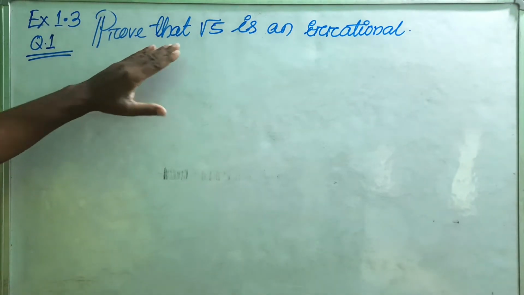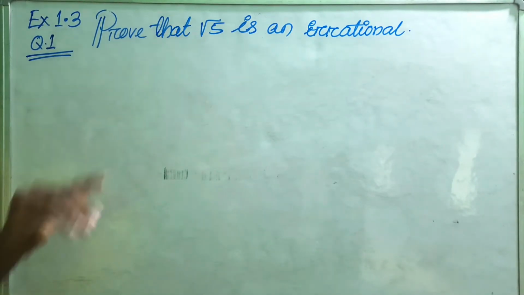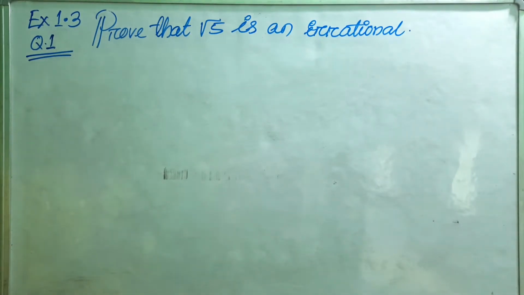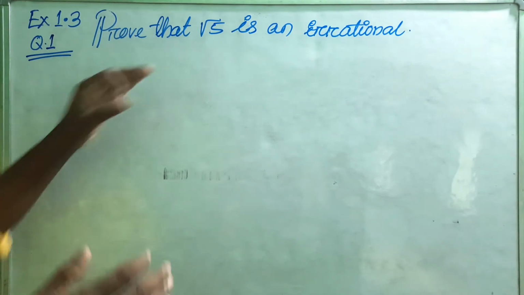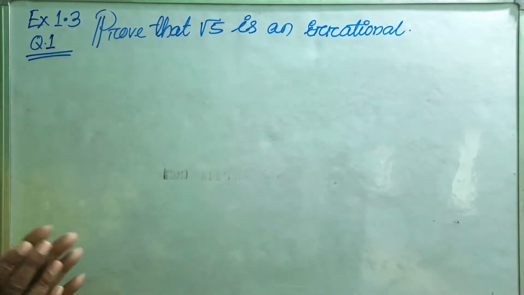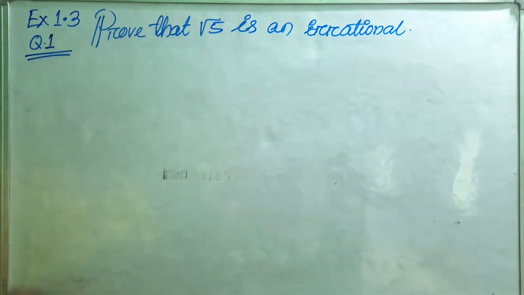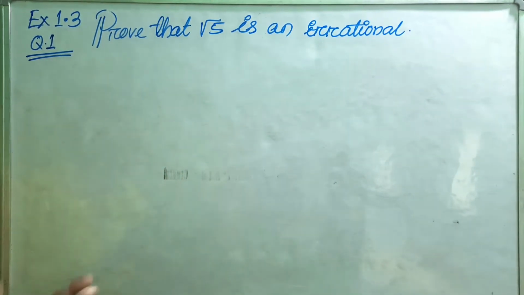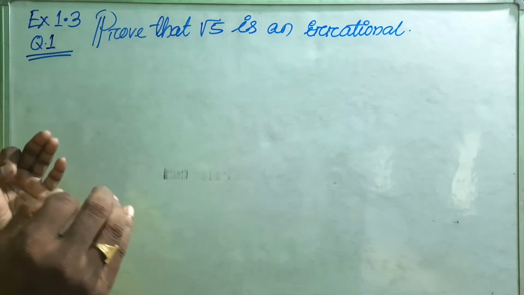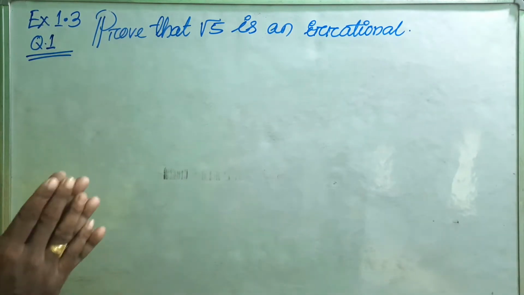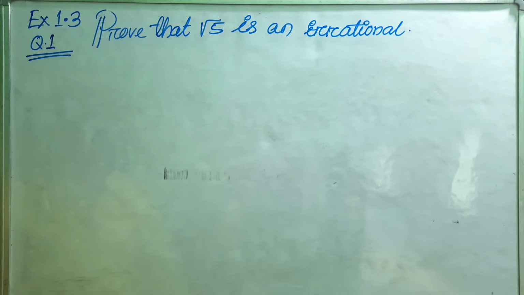Before going to prove this one, let us discuss rational numbers. What is a rational number and what are examples of rational numbers? You should get a clear concept about rational numbers, because that is very much related to this problem. If you get a clear idea there, then it will be easier for you to prove this type of problem, and you can also remember the process for a long period of time because you have a clear-cut concept about rational numbers.